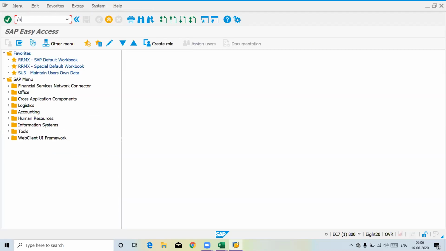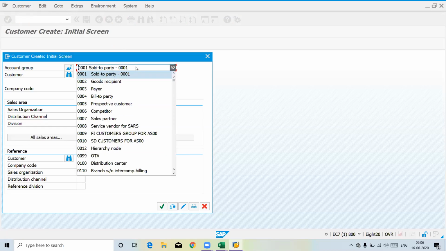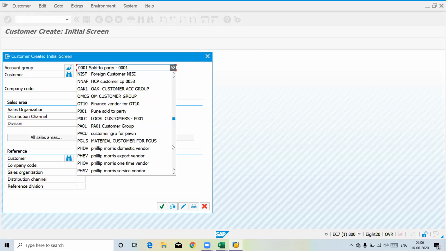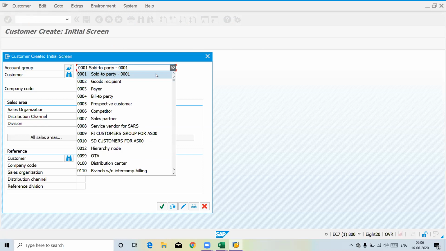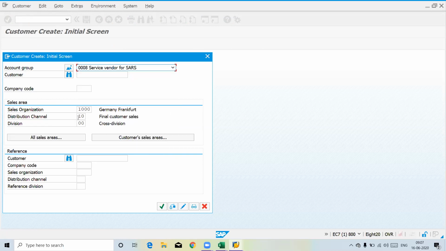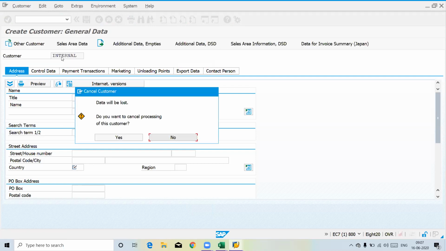Because if you go to XD01 for creation and I don't select the relevant account group, or select something else, and enter some sales area like this and press enter, it gives an error.